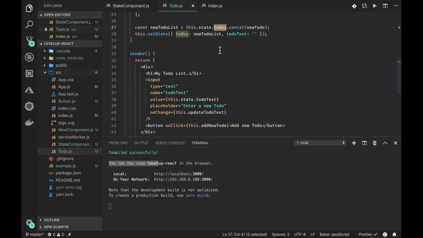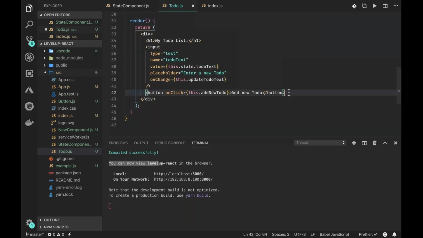Now to do that, below we come, and like I already said, remember in JSX when you want to perform JavaScript operations, you use